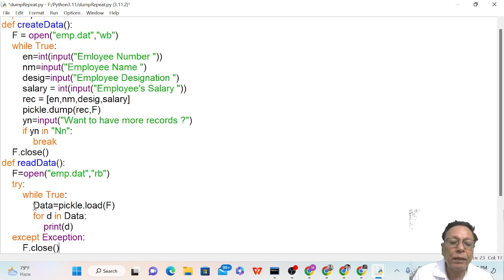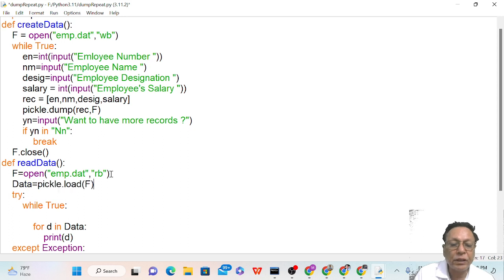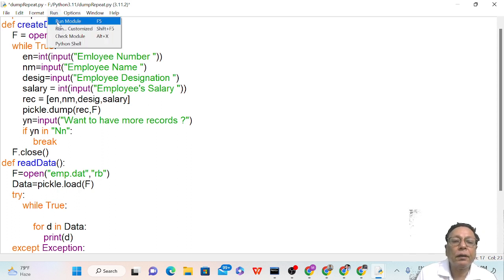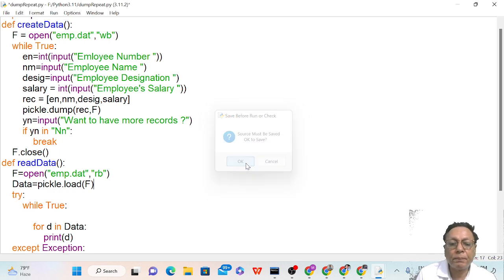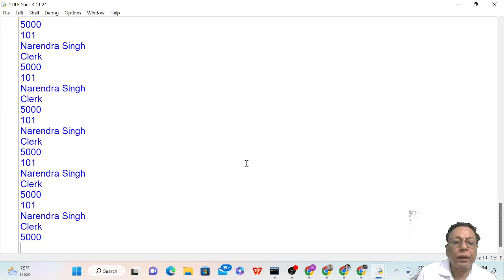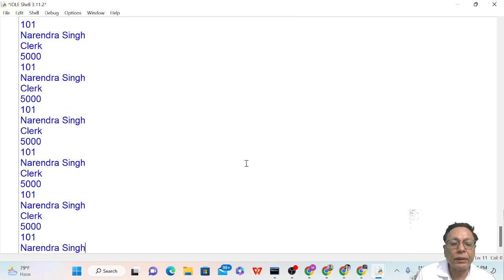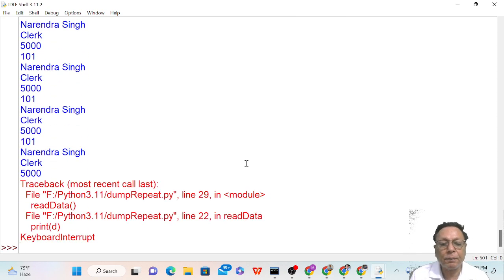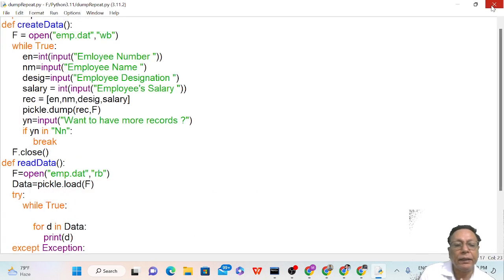And जैसे कि मैं पहले भी कर चुका हूं कि अगर मैं इसको लेता हूं बाहर, जैसे कि पहले प्रोग्राम्स में लेता रहा हूं, पहले मैंने डेटा लोड किया, उसके बाद जितना डेटा है उसको मैंने प्रिंट कराया। तो अब देखते हैं क्या होता है। रन। सो ये इनफाइनाइट लूप में चला गया। I have to break this. तो this is keyboard interrupt. इसका मतलब ये है कि केवल एक ही रिकॉर्ड रीड हुआ है।